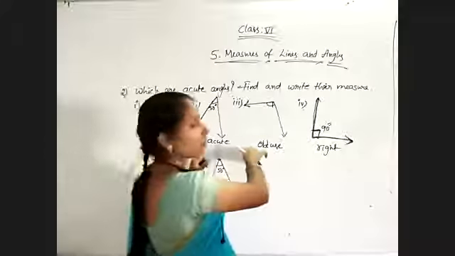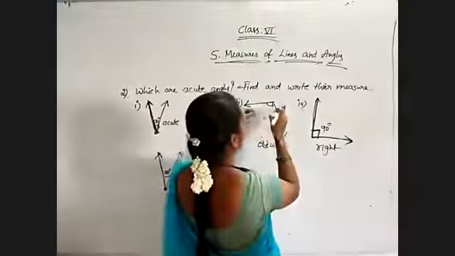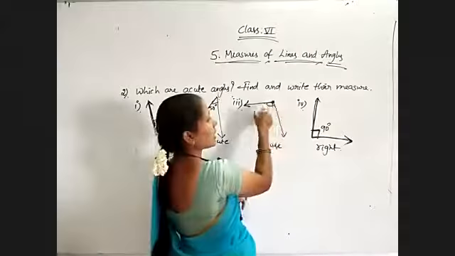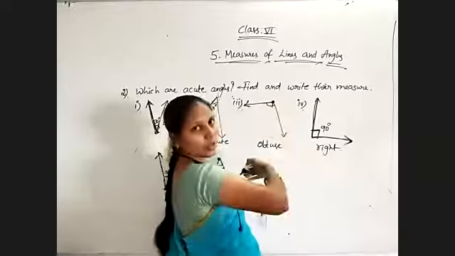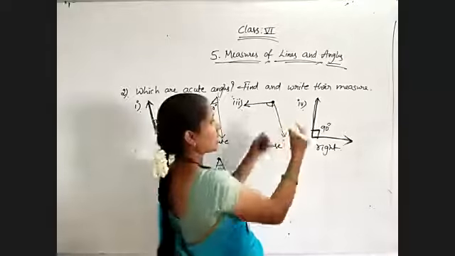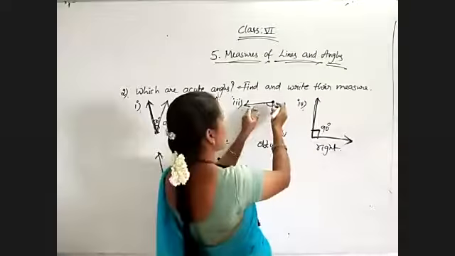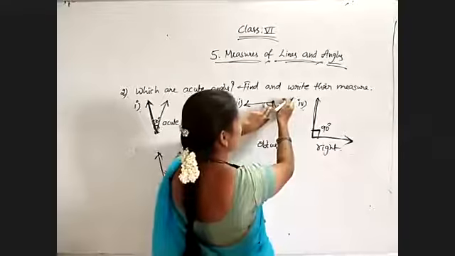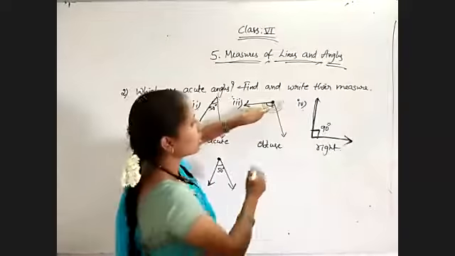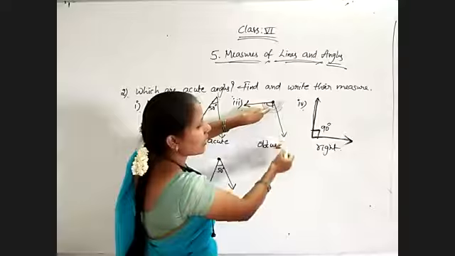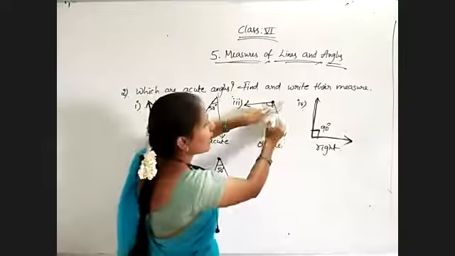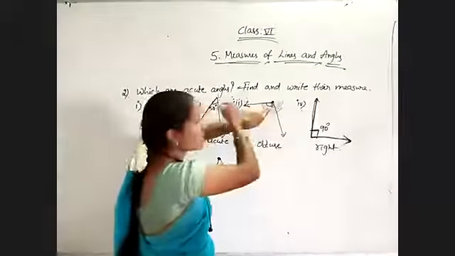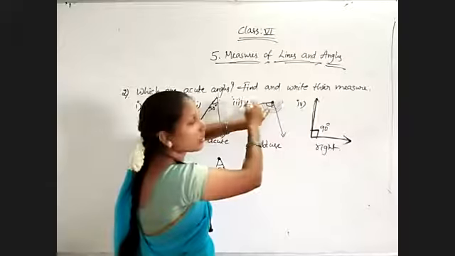Coming to this obtuse angle, select any one of the arms, either this one or this one. If I am selecting here, I need to show the protractor downside. If I am selecting this, I need to show left side. So I am using the above arm. I set the protractor in this direction. Now where is the other arm of the angle lying? At C. This side. Which values do I need to count?